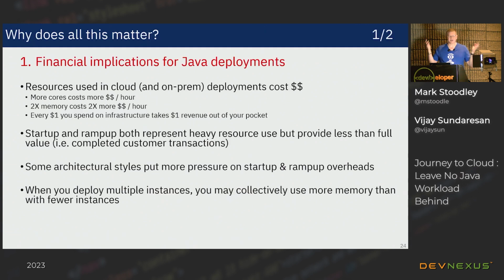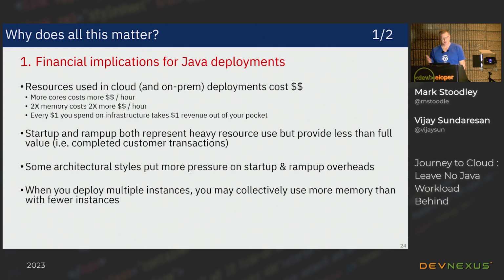So why does all this matter, you're probably thinking to yourself. First of all, there are some financial implications for deploying Java workloads, right? The resources that you use in the cloud and in on-prem deployments cost money. The more cores you use, the more you have to pay. The more memory you use, the more you have to pay. In fact, in the cloud, if you want twice the memory, you're probably going to be paying twice the amount